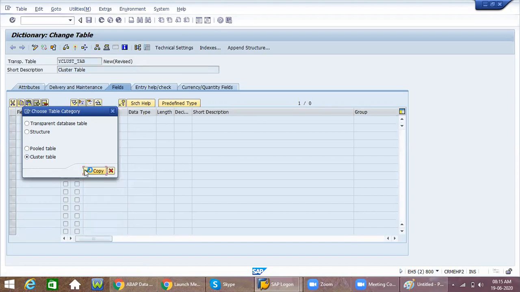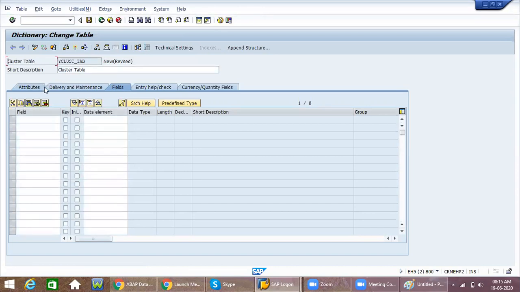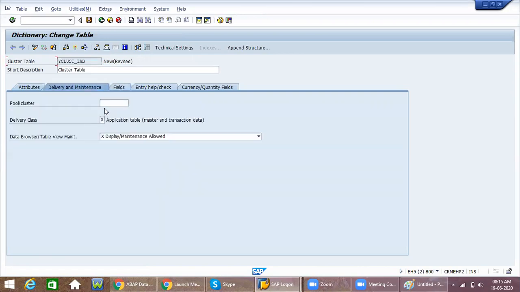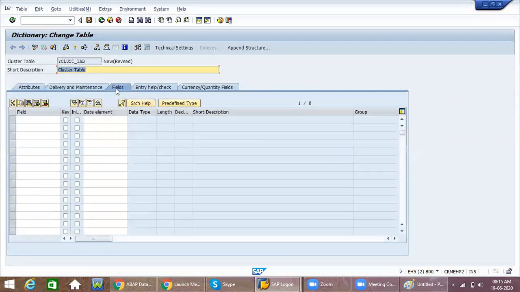You can select it here and copy, and in this area you can provide your pool or cluster table name, and here you can provide the mandate.